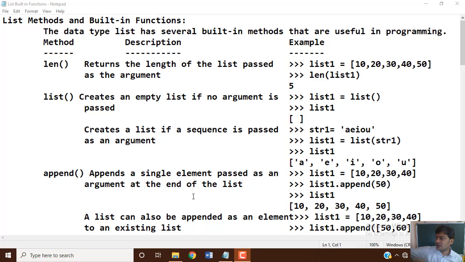Like this, there are different built-in functions which you can use to work with the list concept. Now we'll see some of the major functionalities, basic things which we work on with lists, going through them one by one.